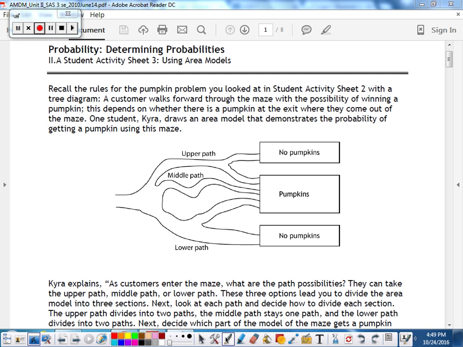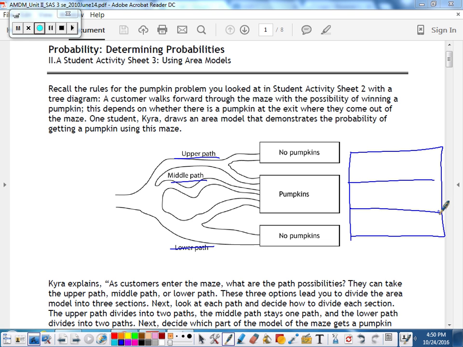The first thing you have to do is create an area model. So you start by drawing your rectangle. And there were three paths. You had an upper path, middle path, lower path. So you divide it into three. And then the first path goes to